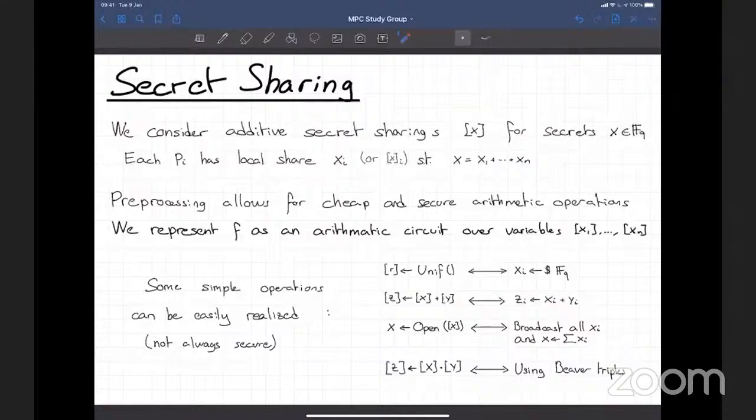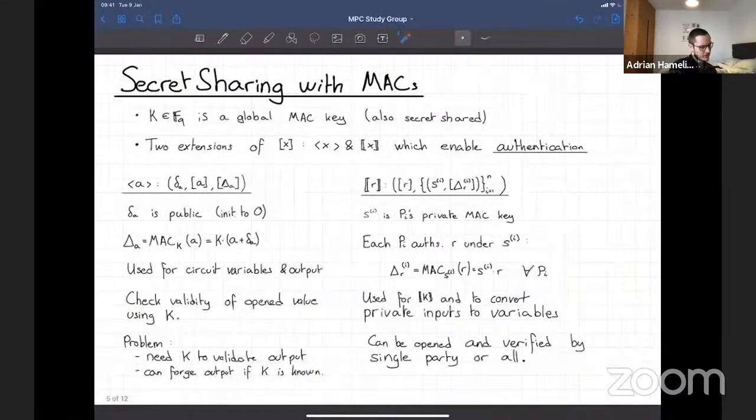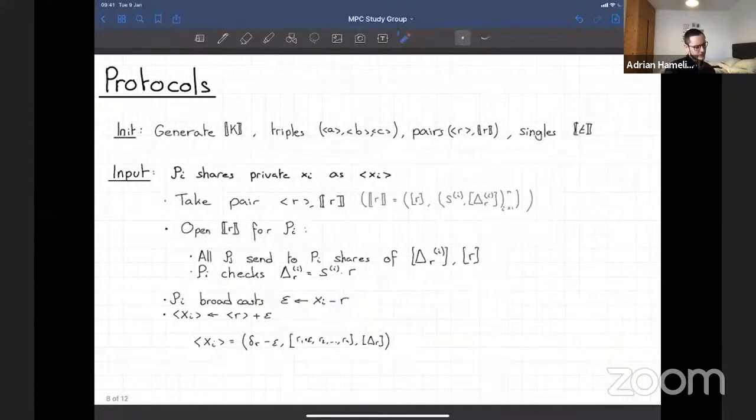Yeah, I guess so, because it would just depend on this input phase, right? Where you generate the secrets. That's a good question. I have to think about it more.